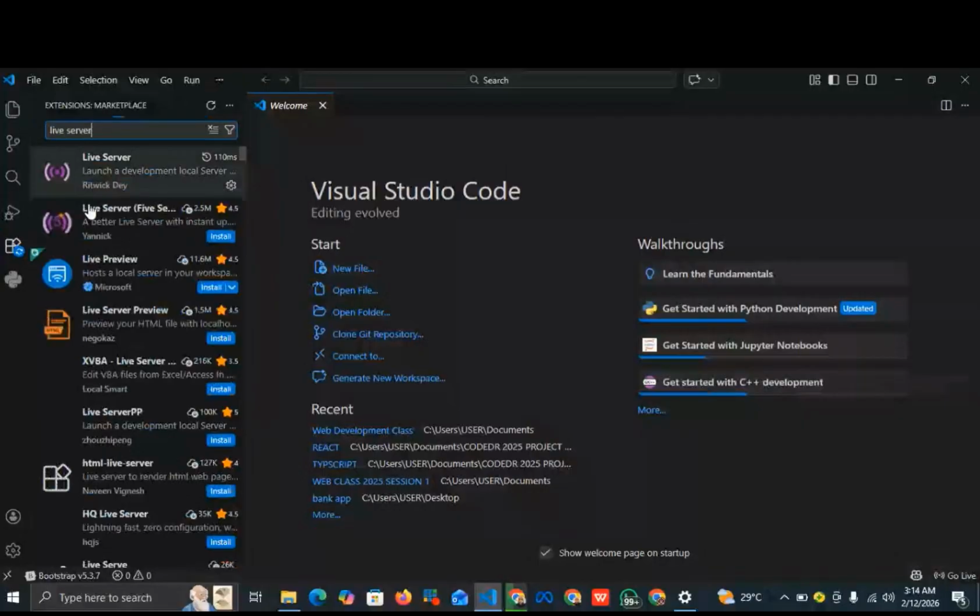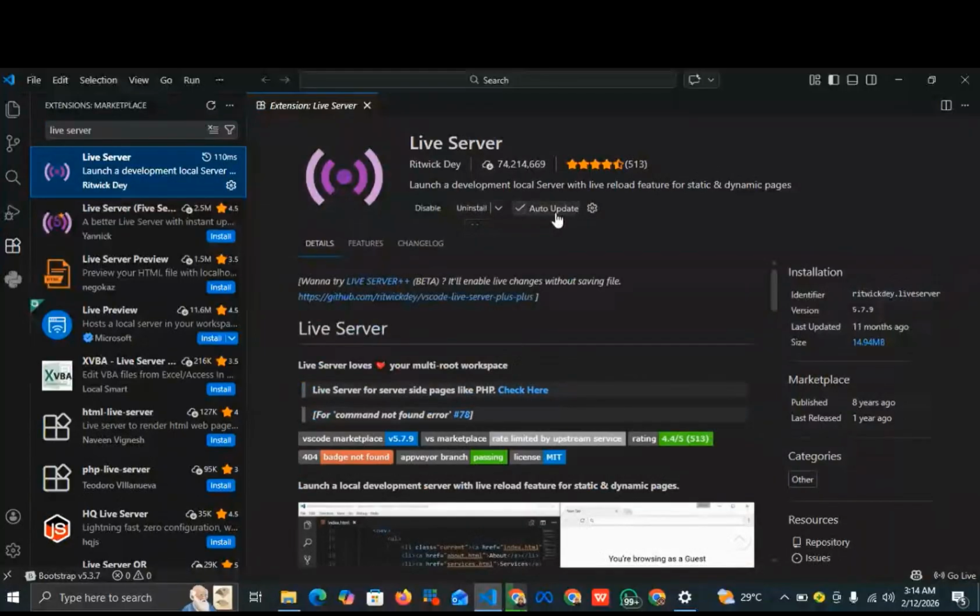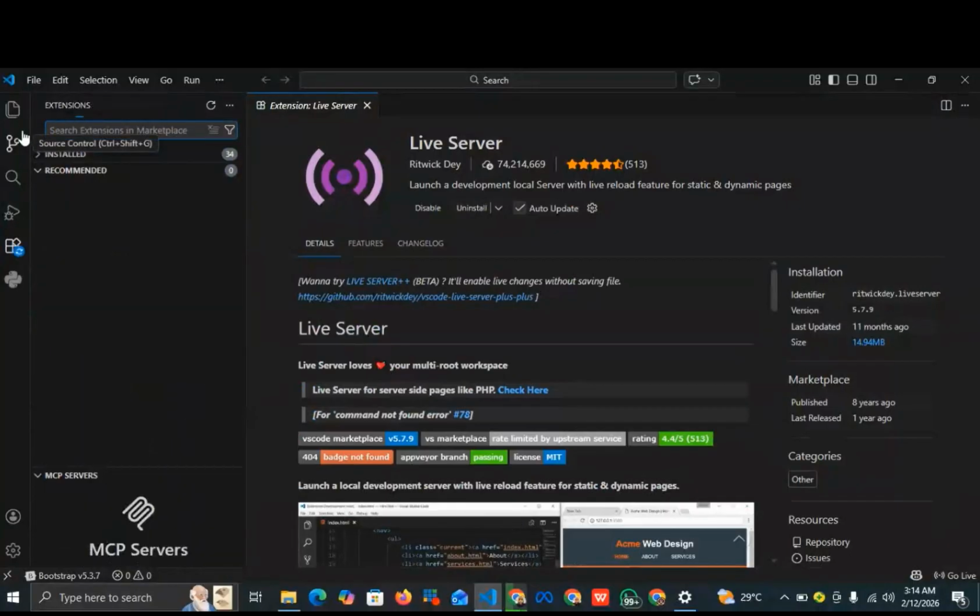Live server. You can see that. Click on it and you install. So I have mine already installed, right? So you just click on install for the live server. And next one